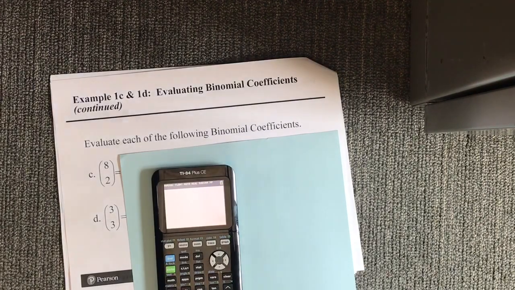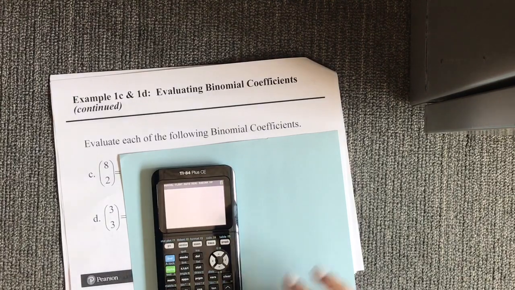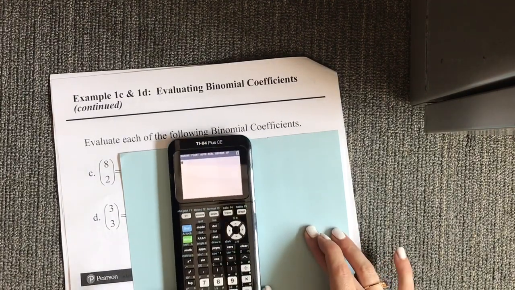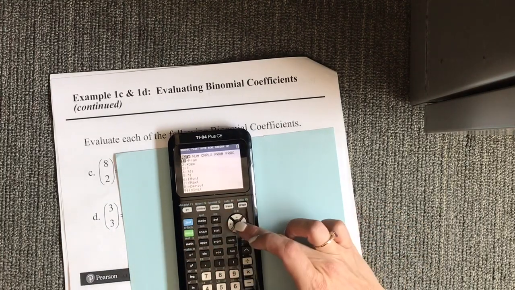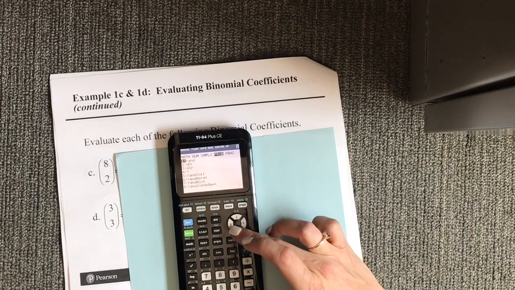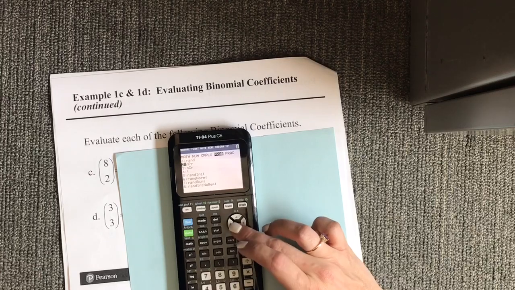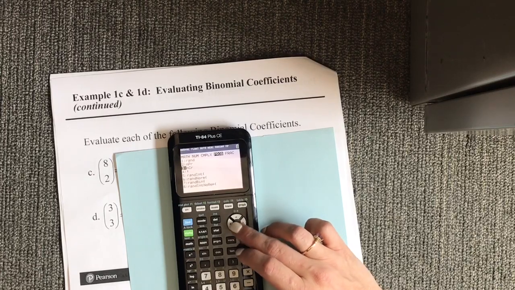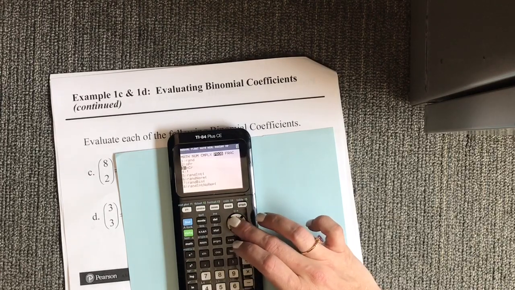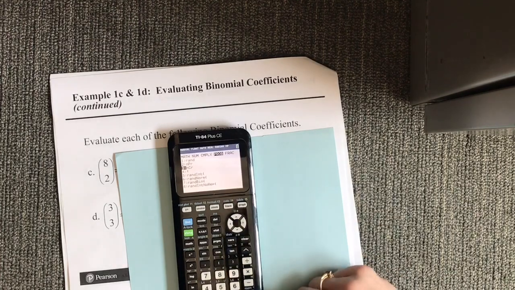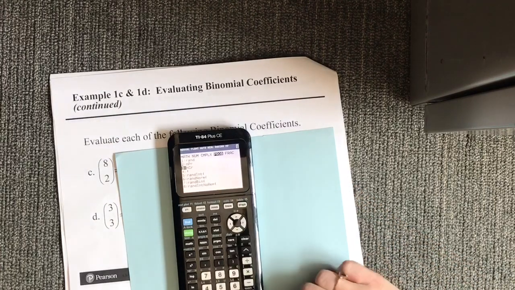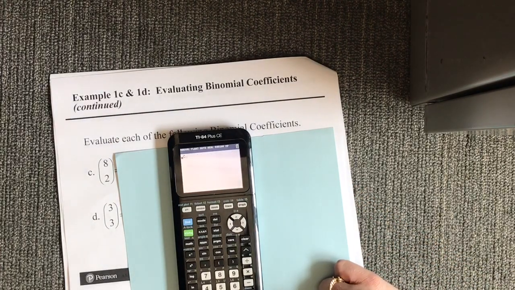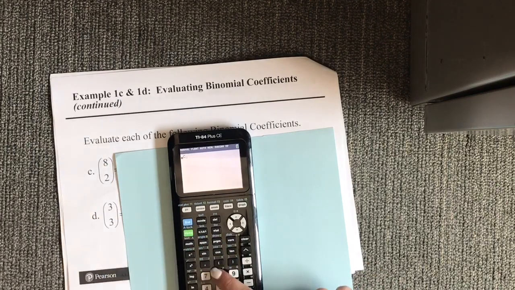Okay, so for 1C and 1D, I'm going to take this opportunity to show you how you can do this in the calculator. It's going to be math, arrow over to probability, and it's number 3. And I know that seems random to you right now that it says nCr, but you'll learn later in this chapter why it says that. But just know for now that that is how you do n above r in the calculator, this nCr thing. And so you hit that. So we're going to do 8 above 2